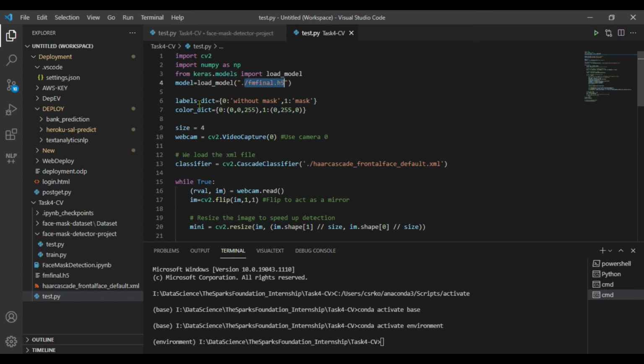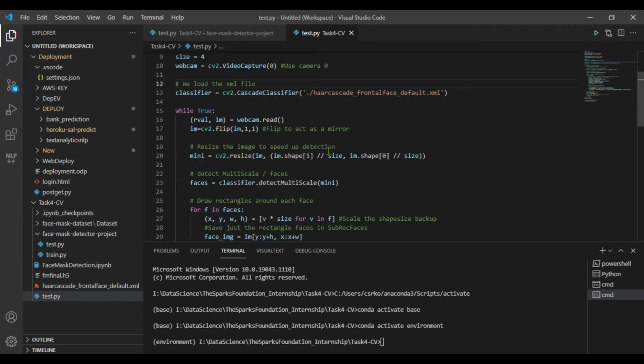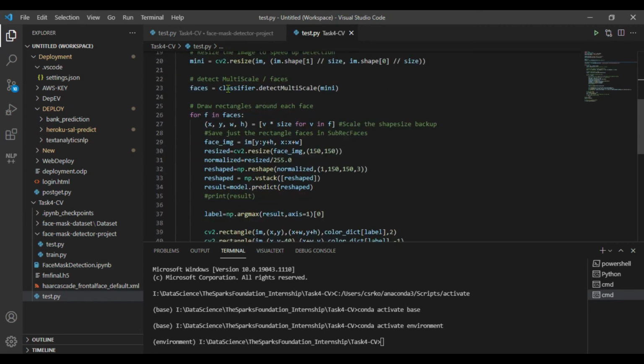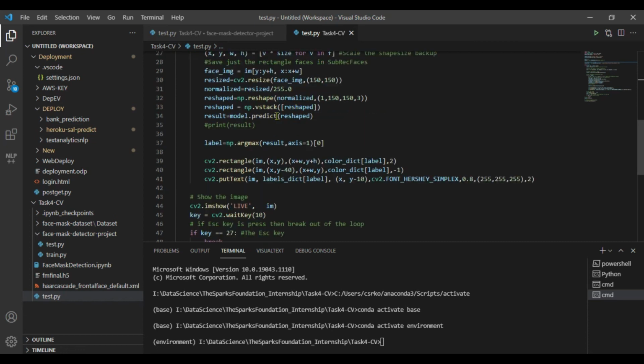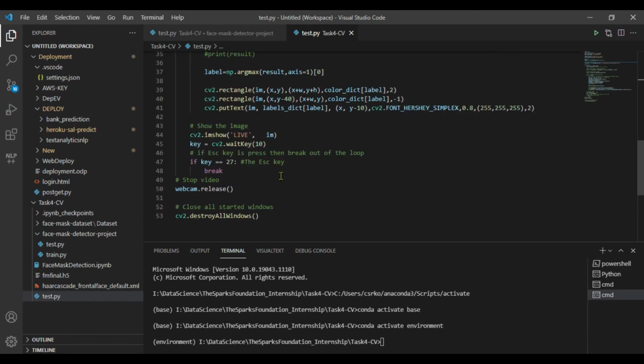And after initializing, I have accessed the camera using this line, and these lines of code do all the internal work for detecting the face, resizing, and predicting if the face has the mask or not. So all the things are being done here. Now let's see how our model works.